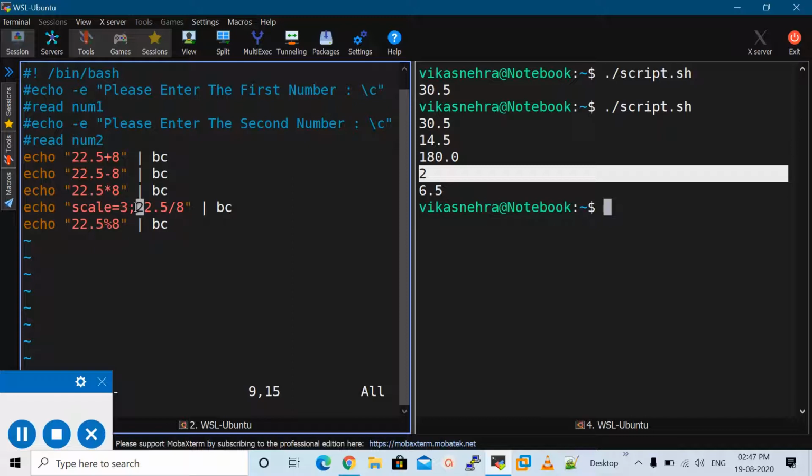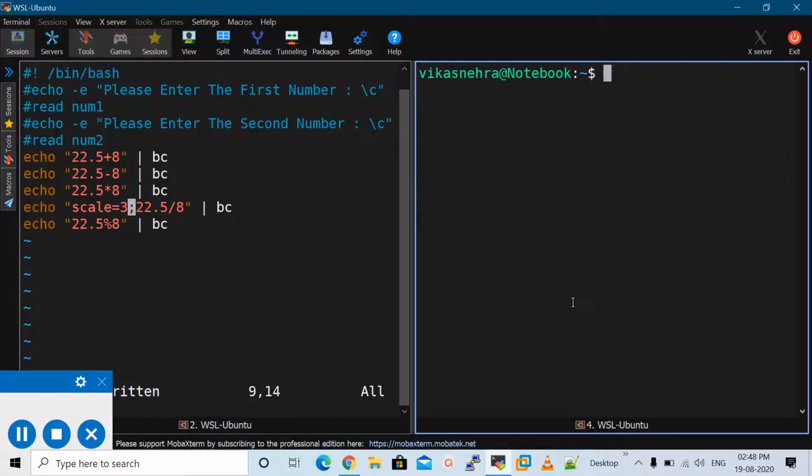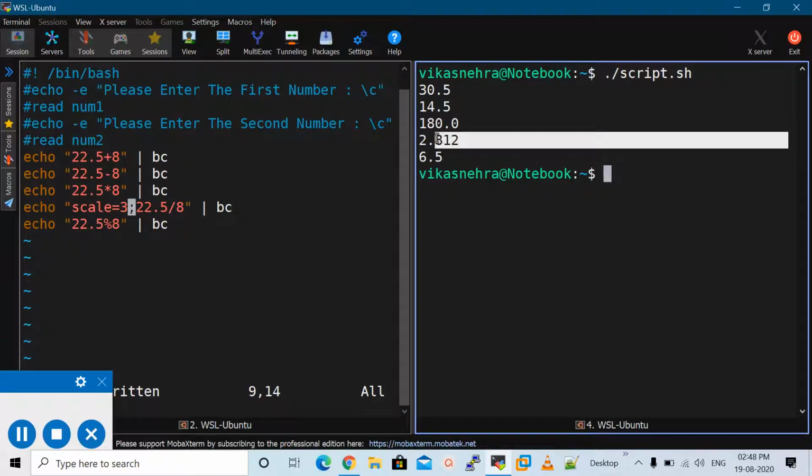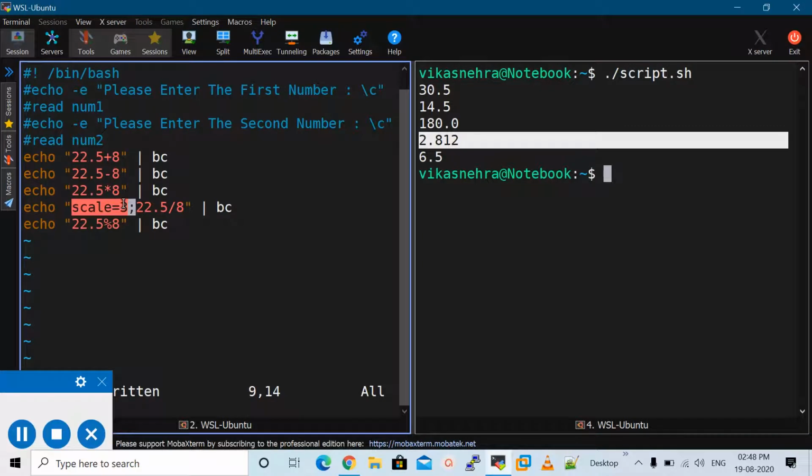Then we can mention the semicolon and save this script. I'm going to execute it one more time to check whether it gives the accurate value for the division or not. This time it is giving us the accurate value up to 3 digits. So by using the scale operator we can achieve it.